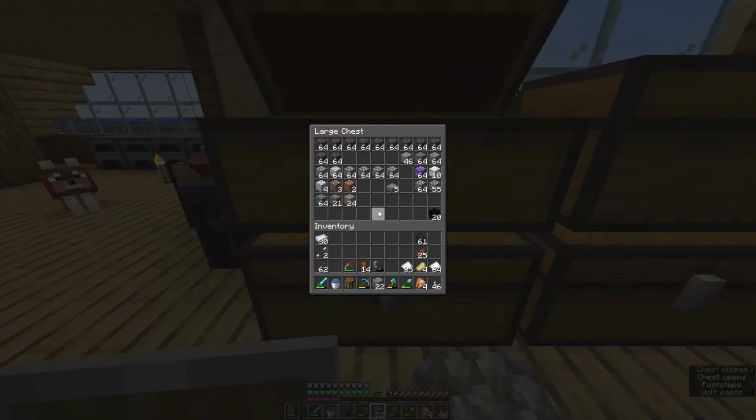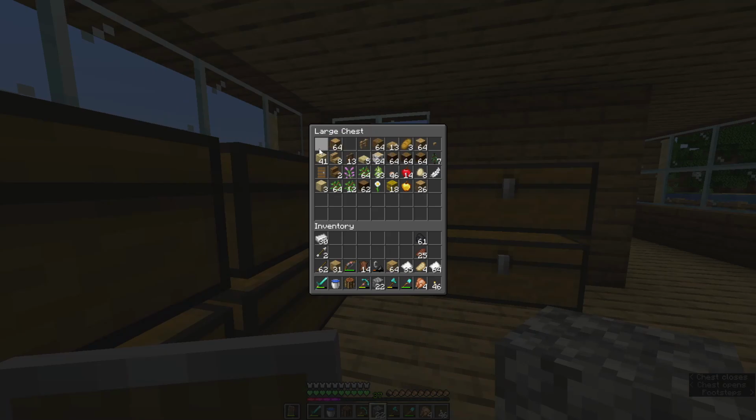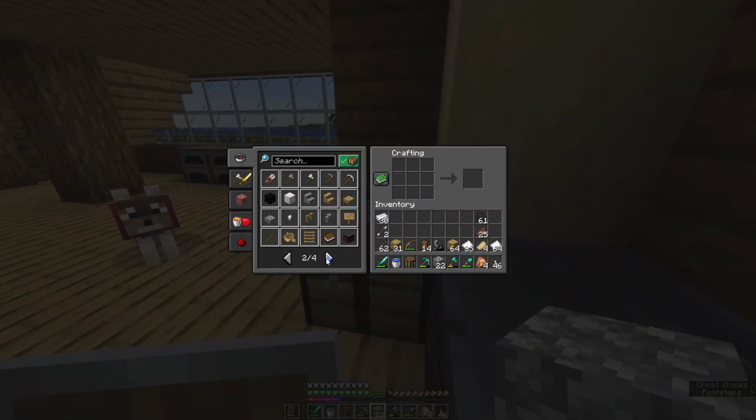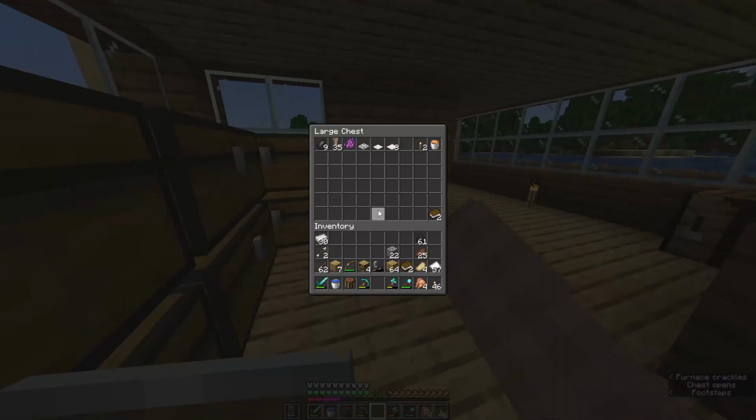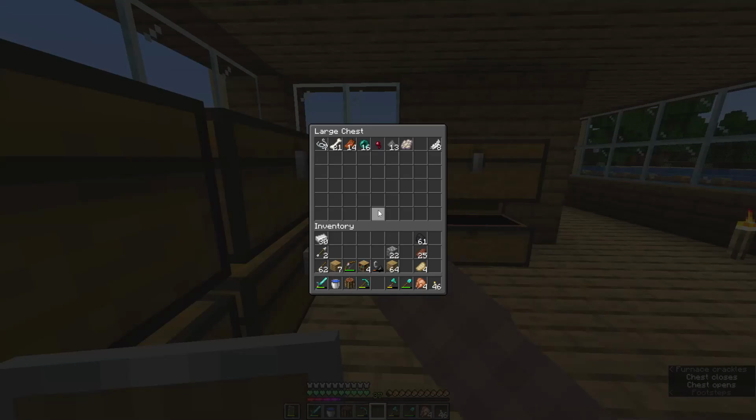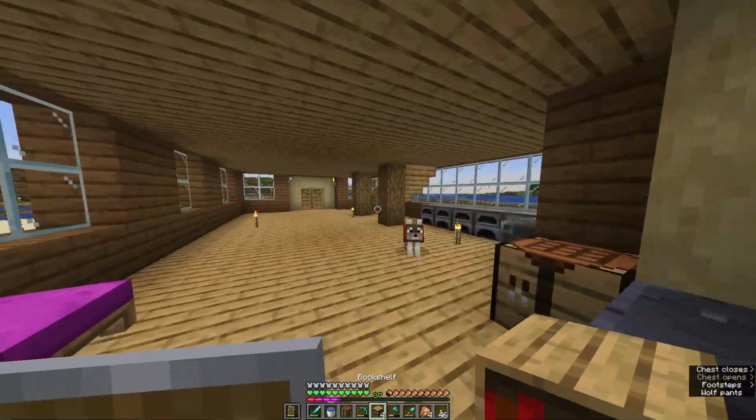I may have enough bookshelf stuff. Not even close. Whatever, we keep going. Eventually, you